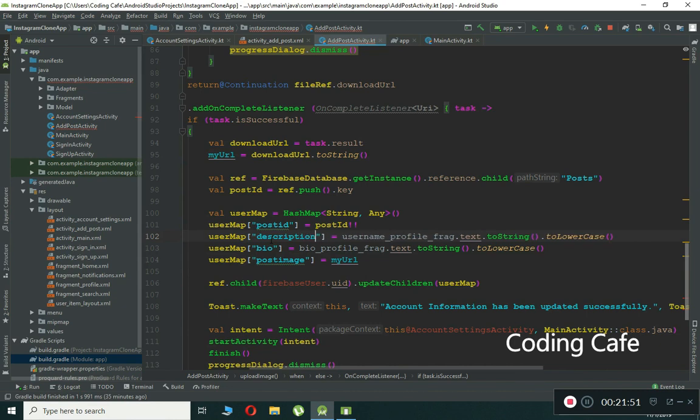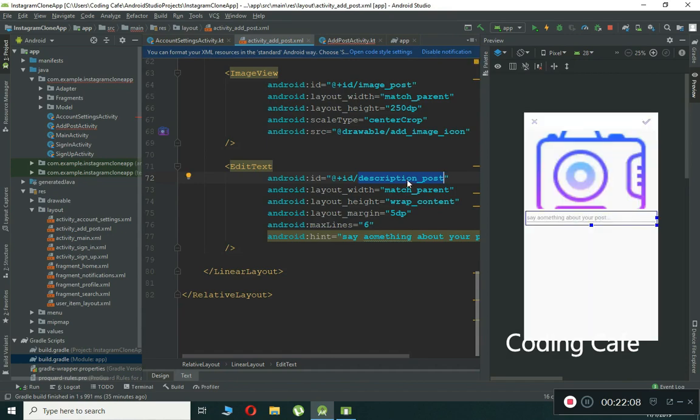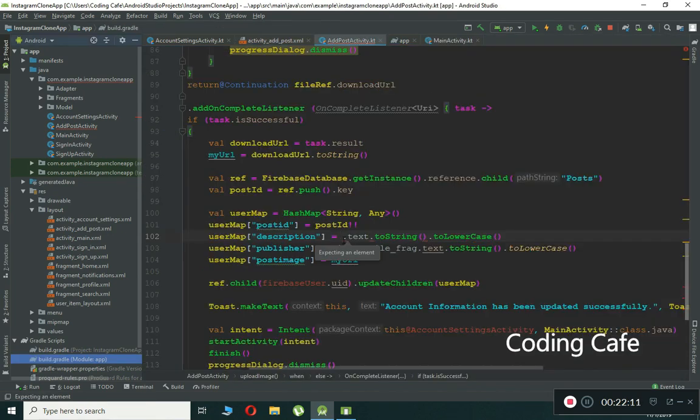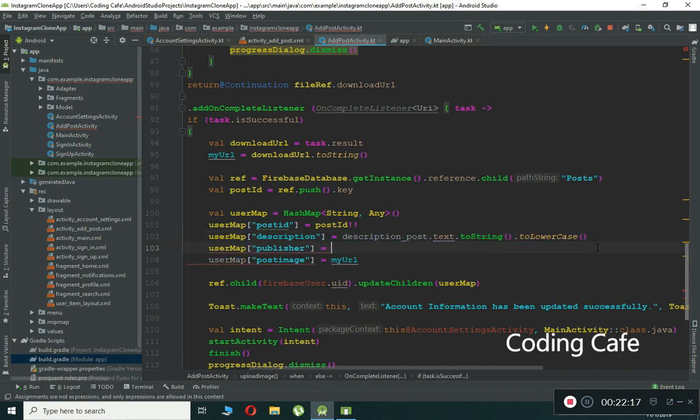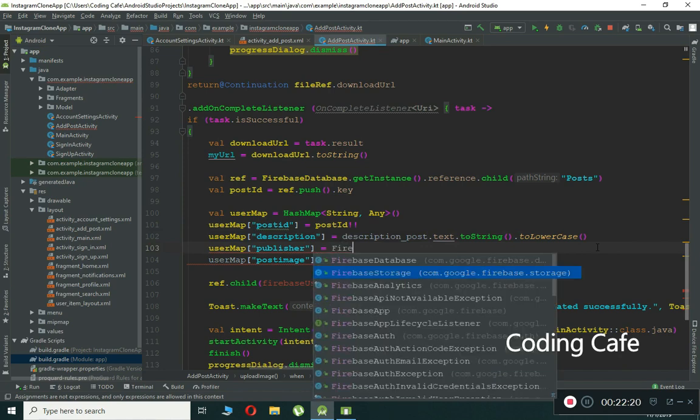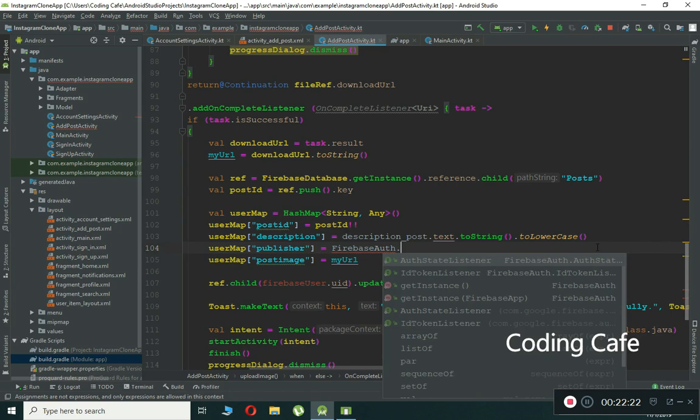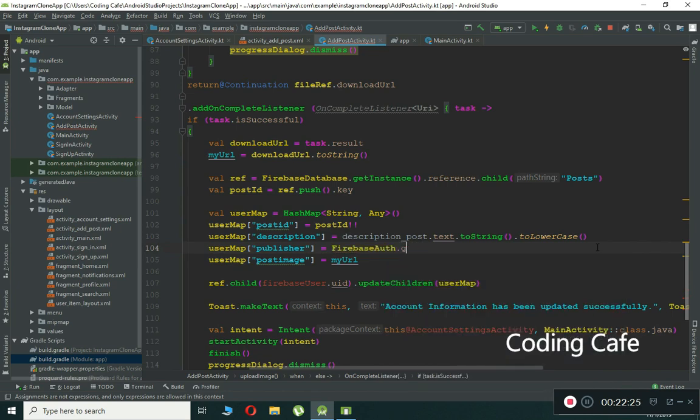Let's change this one to description, and the publisher of this post, I mean, who is going to upload this image, let's say my id, okay, so publisher and then description. So the id for the description, we have to check it is description post, copy it, paste it here, and then we have the publisher, so we have to get the id, and we can get it by using the FirebaseAuth.getInstance().currentUser, it must not be null, dot uid,